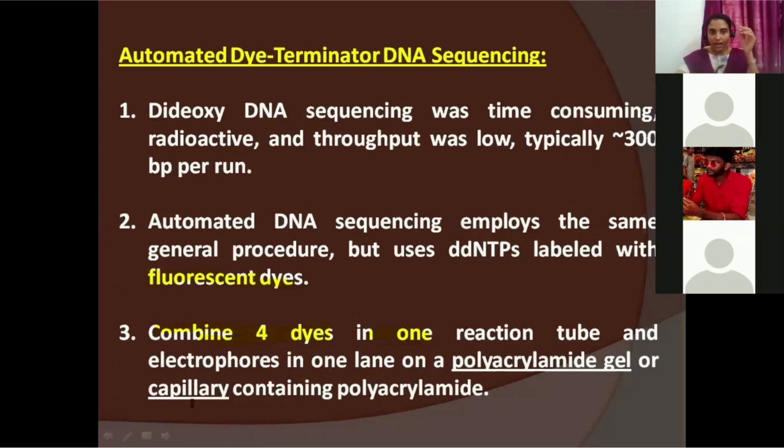And we'll be running it in something called a capillary. A capillary is a very thin tube, and inside that capillary, the gel is filled. Through that gel, on top, we will put our reaction mixture, and it will come out. According to size, it will be separated. And once this comes out,